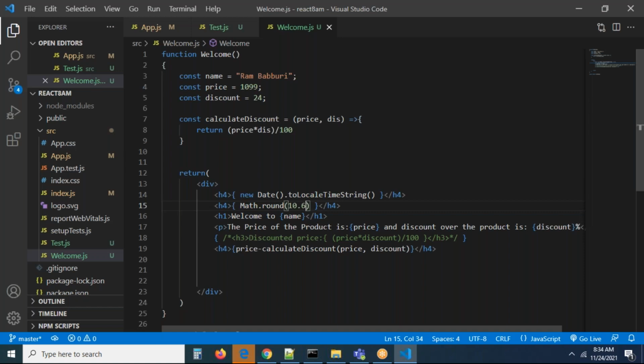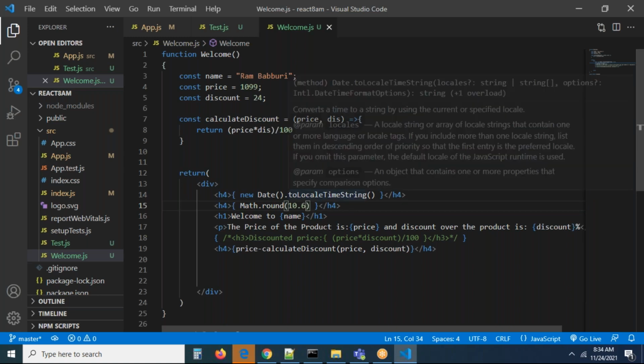All the JavaScript library we can use as it is in our React application. We don't have any restriction, as that information we are having there, we can directly access here. Every method of JavaScript we can directly use. For example, I have a method called